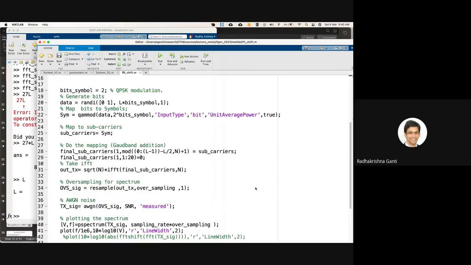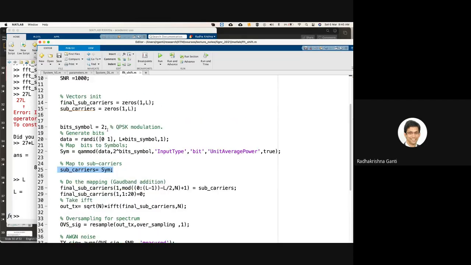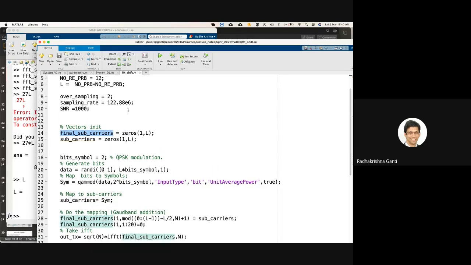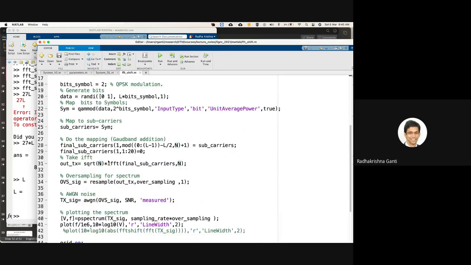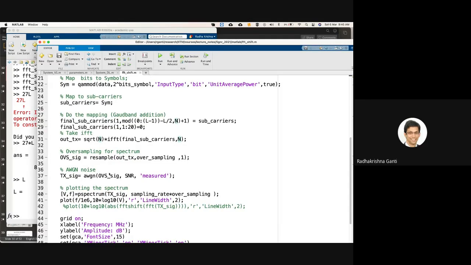3276 subcarriers. I'm just mapping them to the QPSK symbols. Then I have something called final subcarriers. This was the 4096. Final subcarriers is 1 comma n. Sorry, it's a 4096 final subcarriers. So in this 4096,